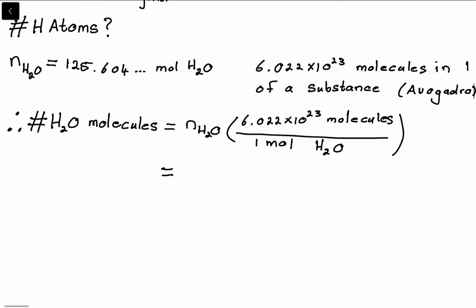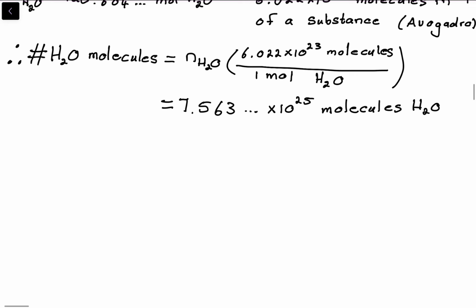So plug in the number of water, and you should get a value of 7.563 times 10 to the 25 molecules H2O. And now we know how many molecules of H2O there are, but that's not what we asked. We asked how many hydrogen atoms there are. And how many hydrogen atoms do we have per molecule of water? There are 2. So we have 2 H atoms